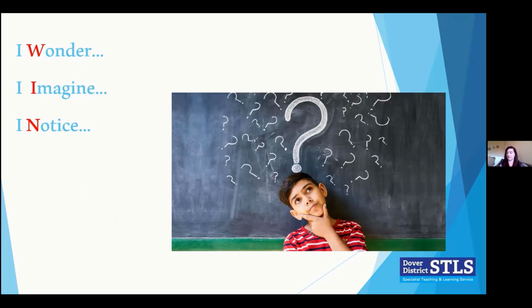So, for example, the I wonder, I imagine, I noticed. I wonder if you're feeling sad. I imagine that's because you couldn't bring your dog to school. That would make me sad too. So you're validating it. I notice you have a picture of your dog in your bag. Should we go and have a look at it? So you're acknowledging the feelings and affirming that it's okay to feel that way and offering a strategy to help them. That way they can kind of learn how to manage those emotions, knowing that that's okay, but also being able to put things in place to help them.